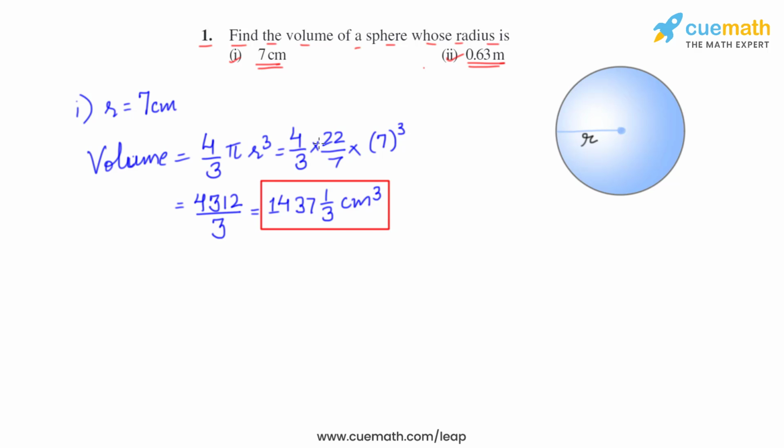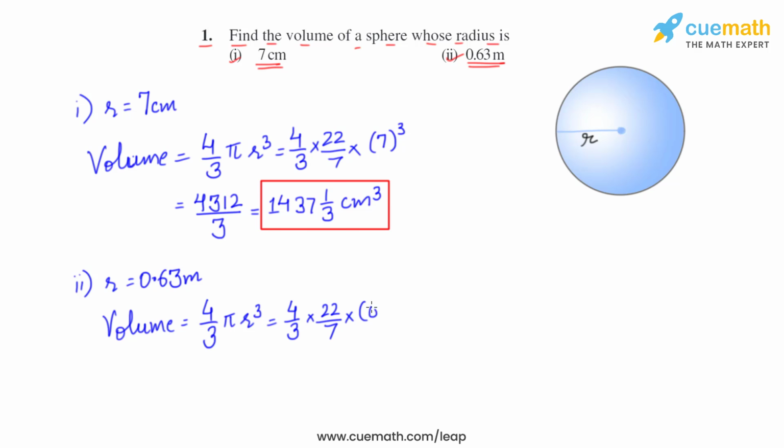Let's do the second part now. In the second part, the radius is given as 0.63 meters. We have to find the volume. So 4 by 3 pi r cube, that is 4 by 3 into 22 by 7 into 0.63 cube. This comes out to be